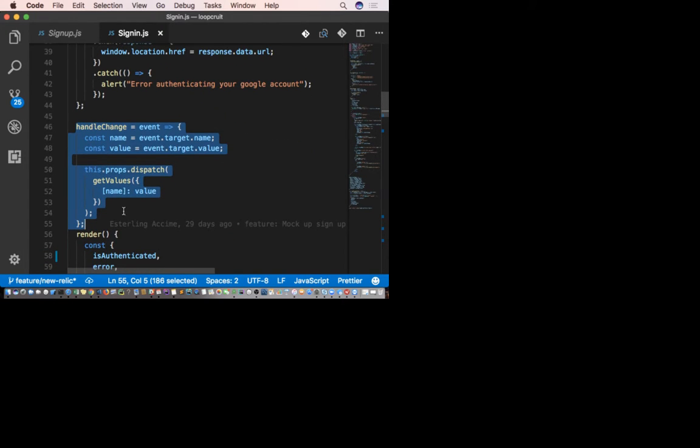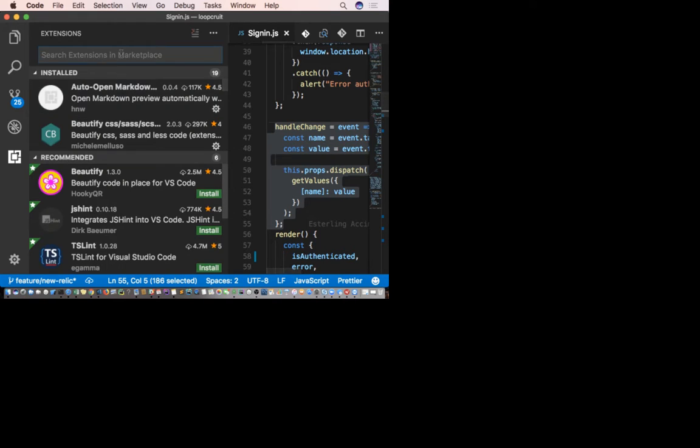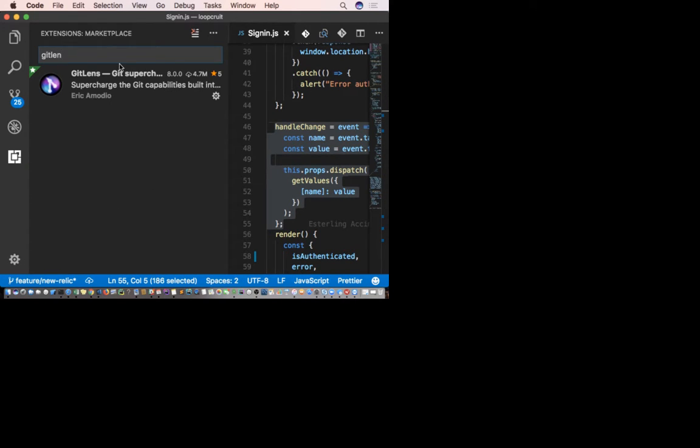And I thought this is actually a really cool extension from VS Code. As you can see, the last person that worked on it. In case you're interested, the extension is called Git Lens. You just install it, and whenever your classmate messes up something that doesn't work, they cannot hide anything. It's called Git Lens.